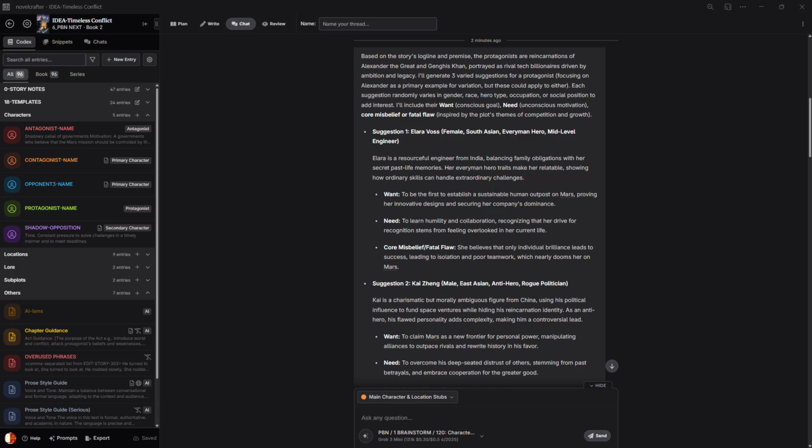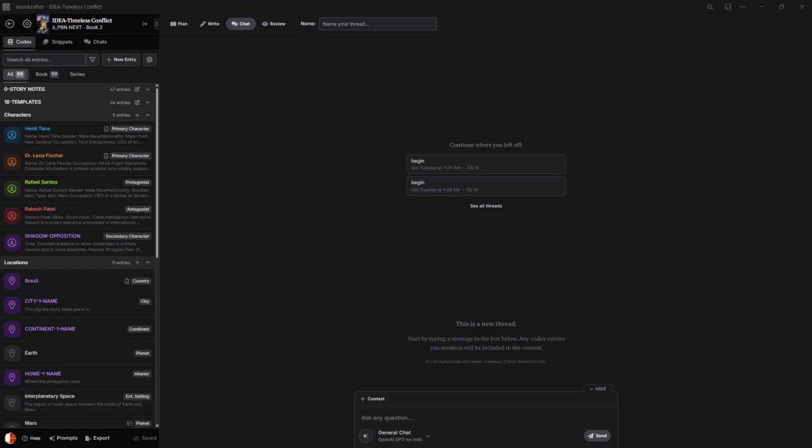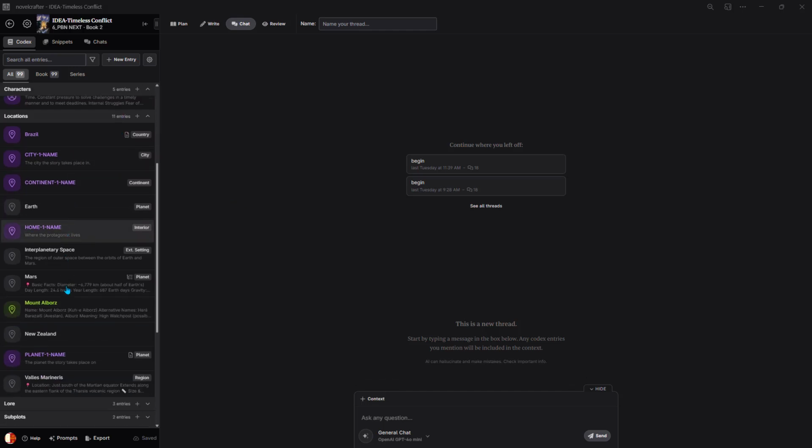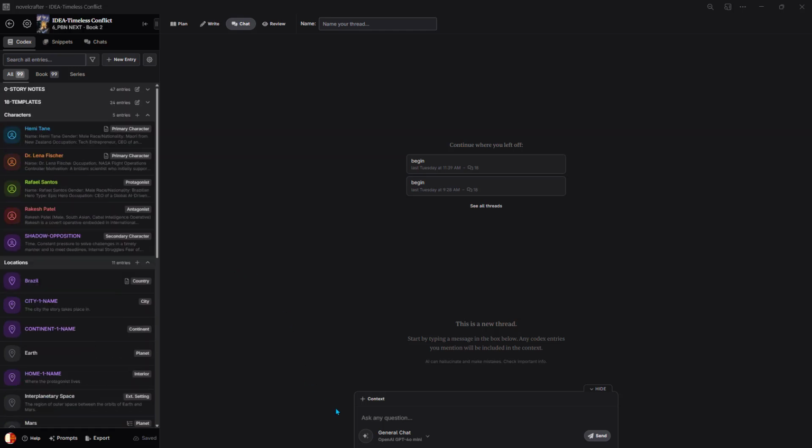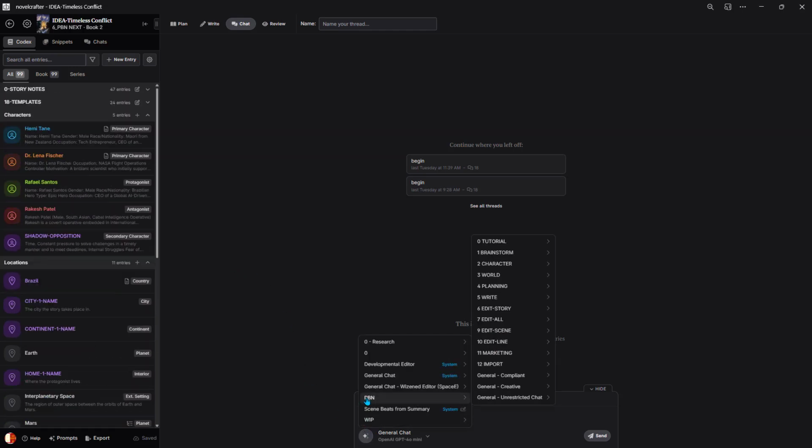At this point in the brainstorming process, we're more looking at their wants, their needs, their core beliefs, their basic profile for what would make a good protagonist or antagonist for the story, and not so much their name, their gender, anything like that. So I'm going to go ahead and pick some of these and update the codex. Using the output of the main character prompt, I've filled in some details for the main characters and some additional locations or settings. So the next step, started a new chat session, is,